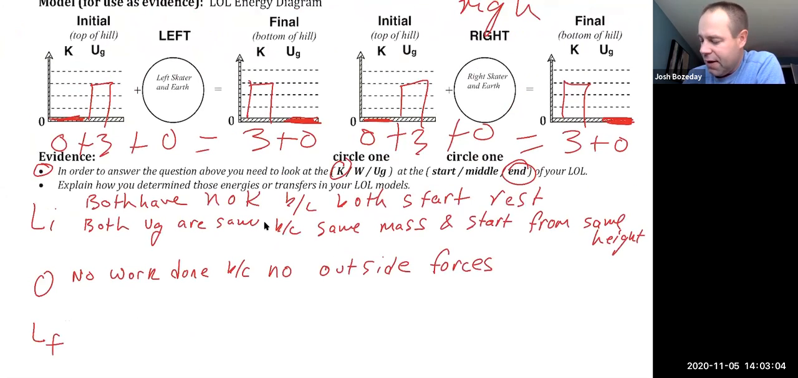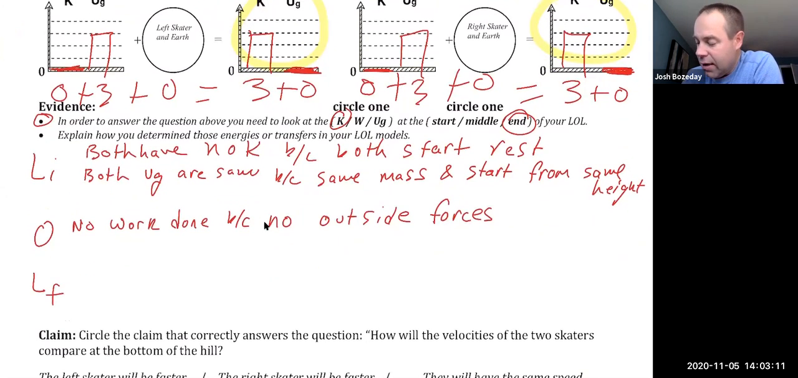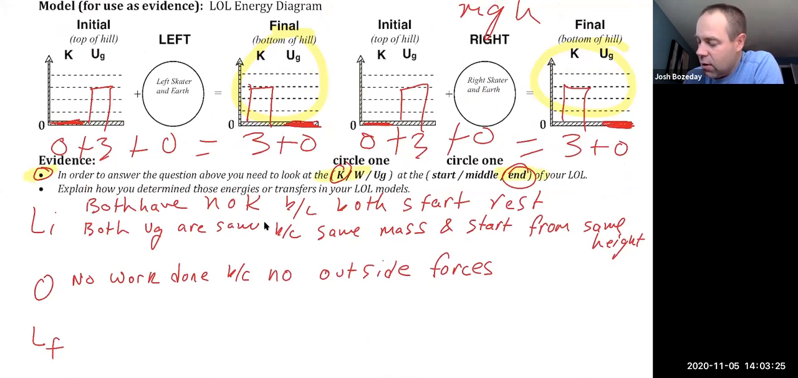Now we got to compare the final L's. Okay. And so let's start with the UGs, because whatever we identified here is the last thing we want to talk about. And that's why this bullet point is really helpful. It helps you think about what the last thing you want to talk about is. So in this last L, we're going to talk about the UG first because we know we want to talk about the K last. So what we're going to say is